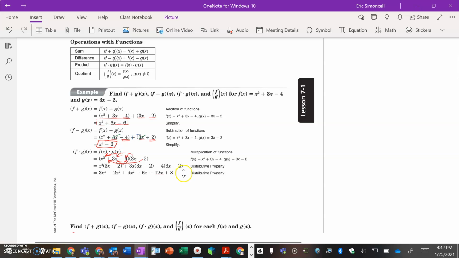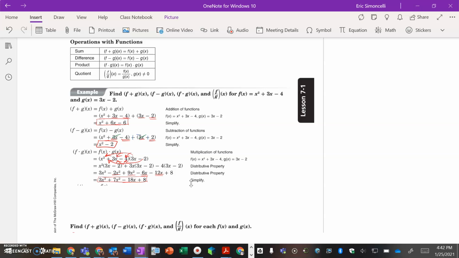We'll distribute, and there you have it in the next step. Please take a look at the like terms. So negative 2x squared and 9x squared are like terms, as are negative 6x and negative 12x. And in turn, 3x cubed plus 7x squared minus 18x, and then of course plus 8 as your final cubic